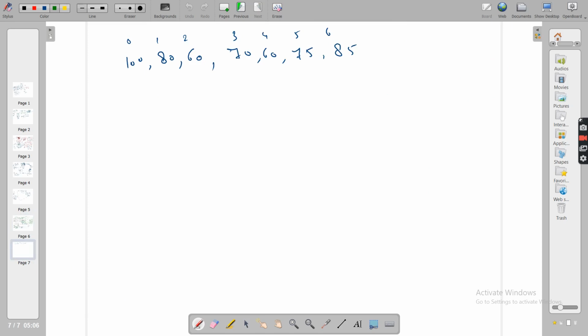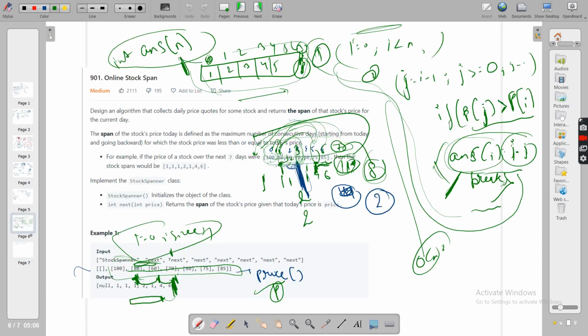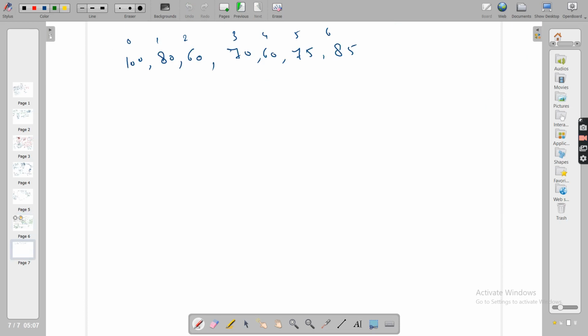First of all, I think you are getting the hint of the new data structure. You want the nearest larger element in its left. Nearest larger element means the last larger element. So I hope you can guess that we want some data structure of LIFO sort, because we want the last larger element first.